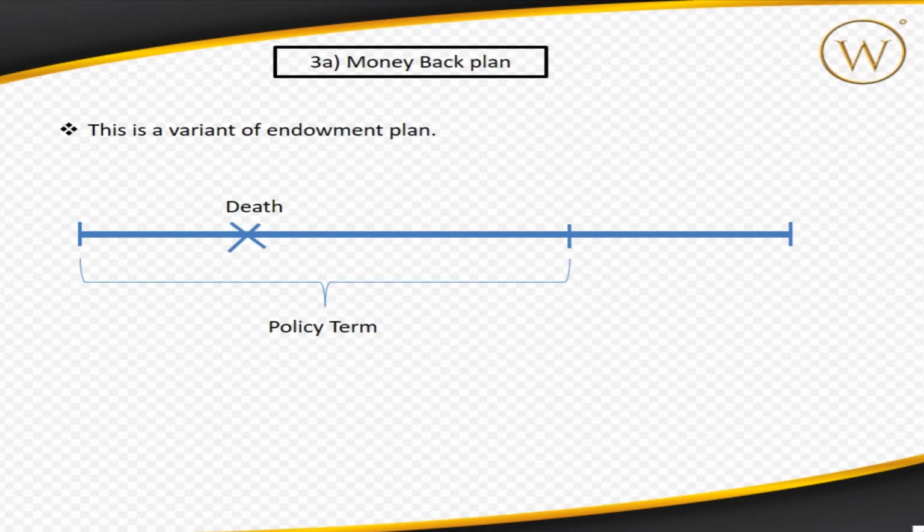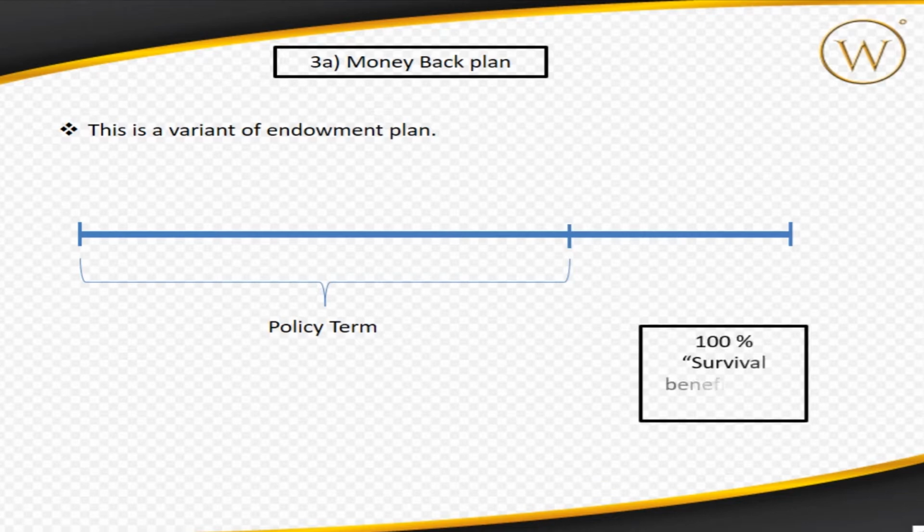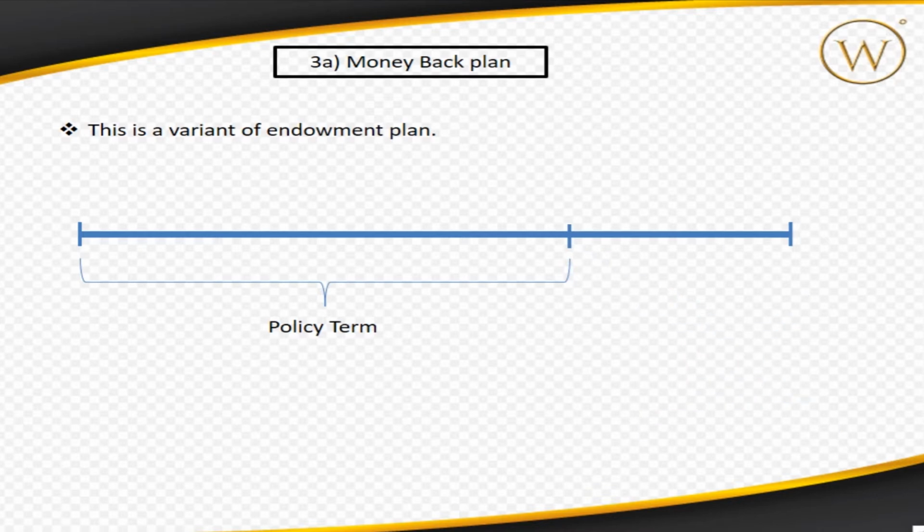However, if you survive the policy term, that is, your death does not happen during the policy term, then instead of giving you 100% of the survival benefit at one go, they will give you the survival benefit in parts. That is, let's say instead of giving the entire 100% at the end of the 25th year, they would give you 25% of the total amount each at the end of the 10th, 15th, 20th, and then finally at the